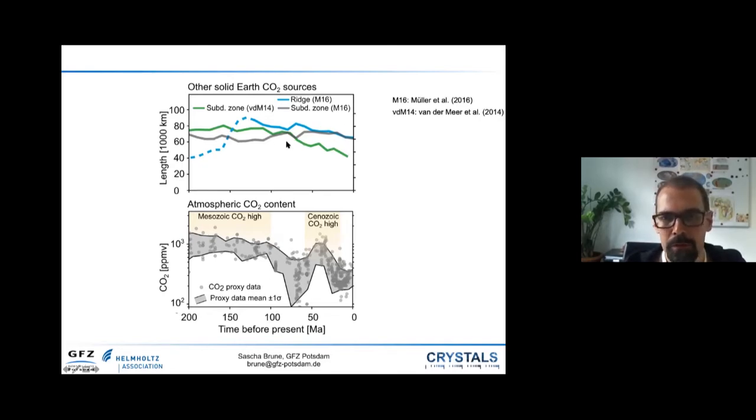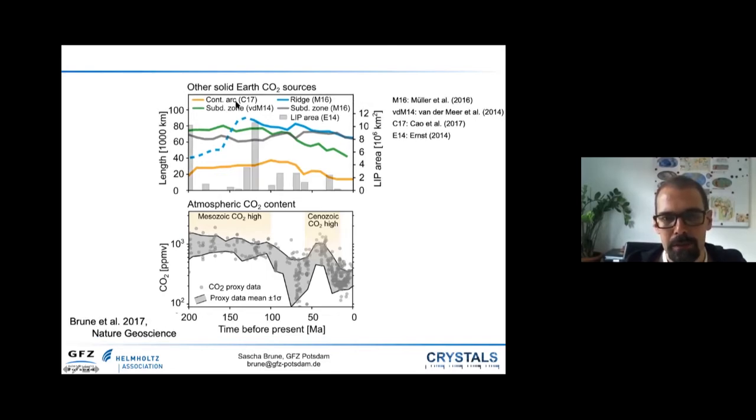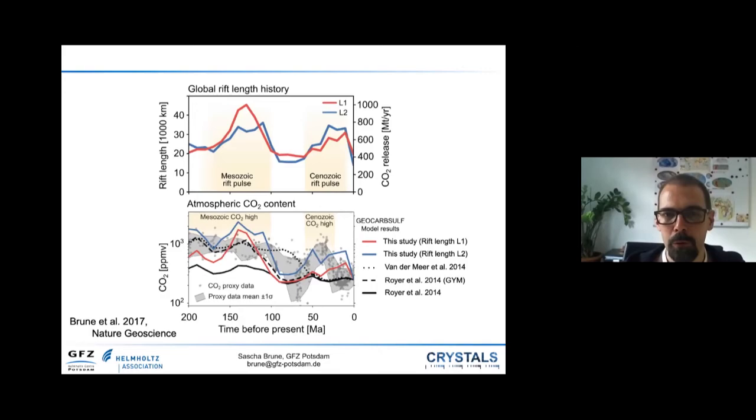So the gray one is from Vandermeer, the green one is from Vandermeer, the gray one is from Müller et al. 2016. So this is where Sabine's study was fed into. Then we have continental arcs, and we have large igneous provinces. And of course, these have to be all integrated with each other, but how they can be integrated is actually not so obvious. So what I did here,